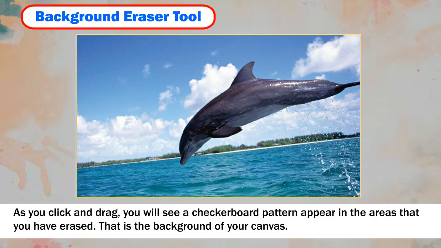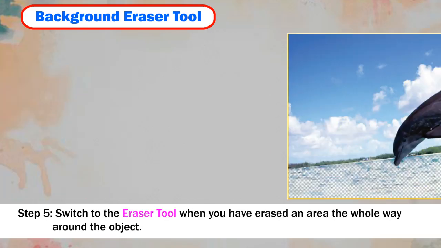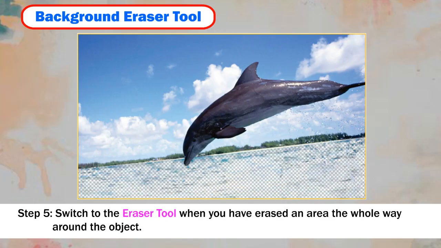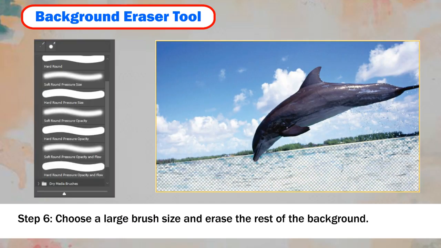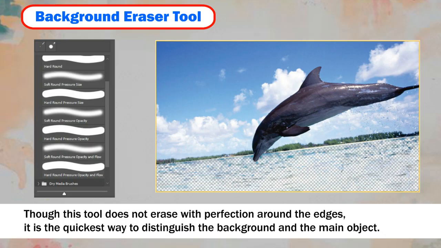That is the background of your canvas. Step 5. Switch to the eraser tool when you have erased an area the whole way around the object. Step 6. Choose a large brush size and erase the rest of the background. Though this tool does not erase with perfection around the edges, it is the quickest way to distinguish the background